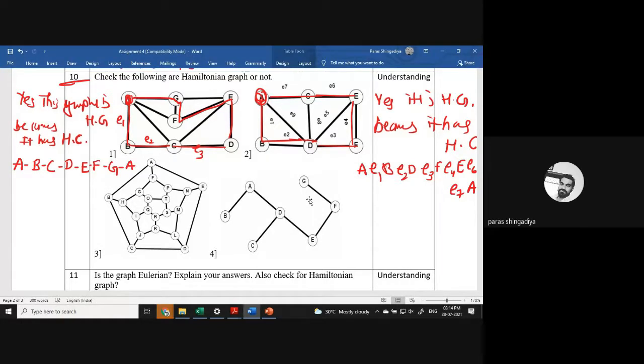Let's verify why it is a Hamiltonian graph. Consider any vertex as a starting place. You can move in any direction in the graph. You can take any flow, okay? Any direction you can use to connect all the vertices and complete your cycle. Clear? So let's start with vertex A. This is our starting place.